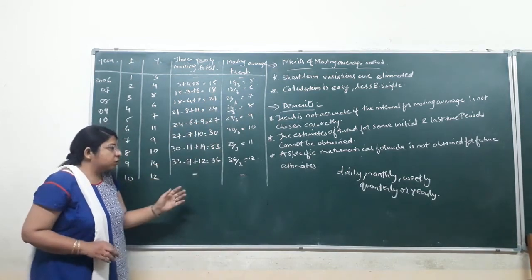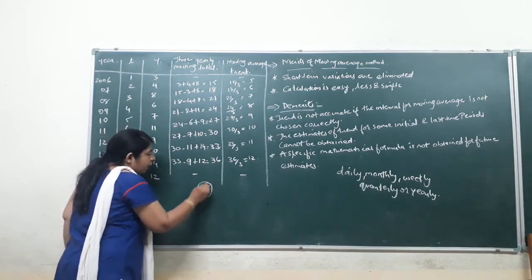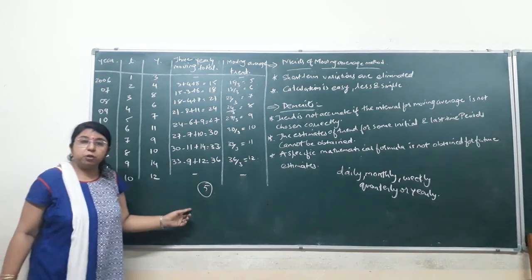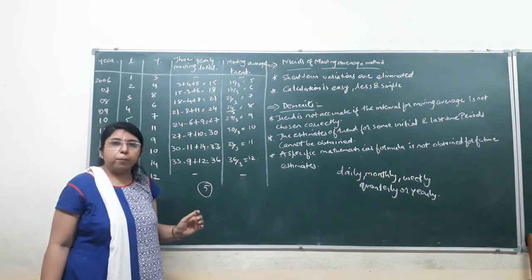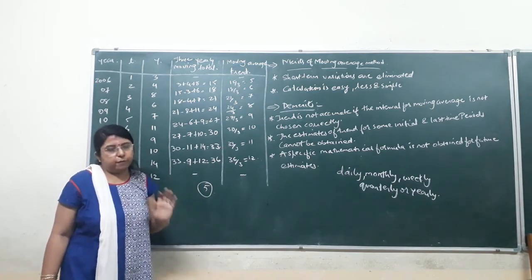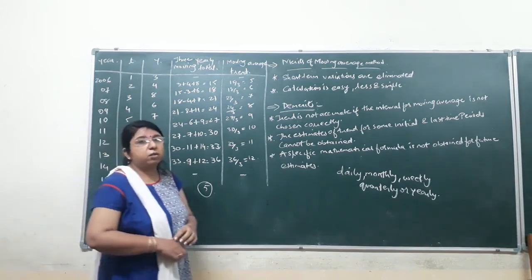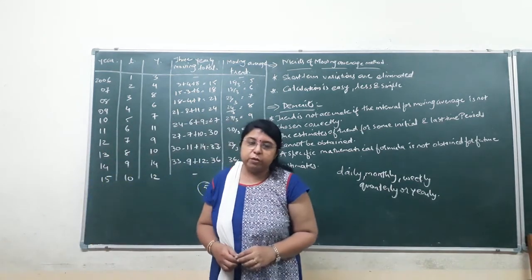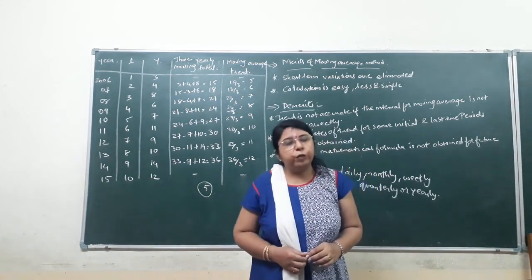So this method is quite easy, and you can easily score 5 marks in the board examination in section F, because according to the board pattern, one sum of this method is certainly asked in section F. So this is the first method we have discussed today, students, that is the 3 yearly moving average. Do revise this method again by referring to the video lecture.